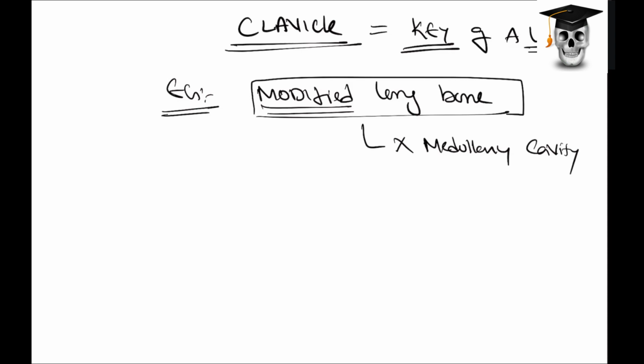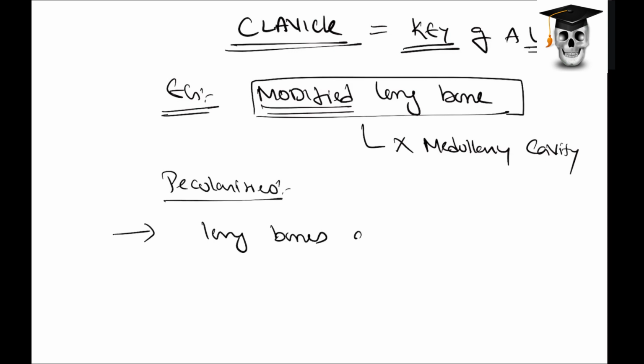And there are some peculiarities as far as the clavicle is concerned. These peculiarities are something unique about the clavicle, and they are many in number. I'm just noting the first one down. This can be asked as a separate question in the exam or as a viva question. The first peculiarity is that it is the only long bone which lies horizontally. All the remaining long bones lie vertically. Yes or no?